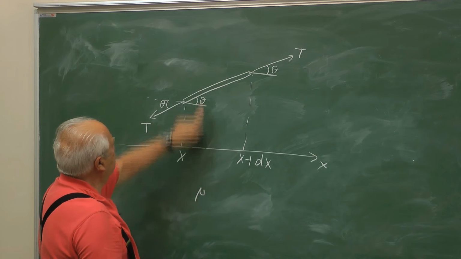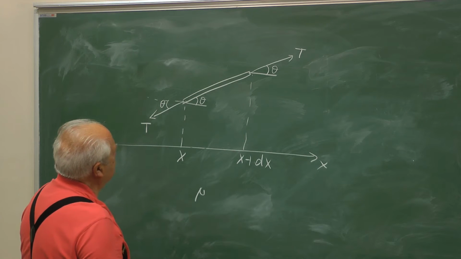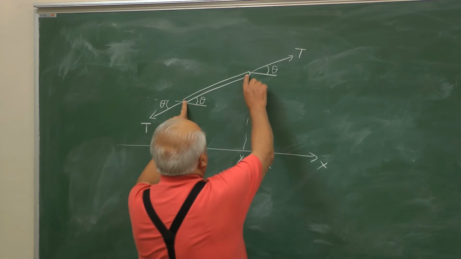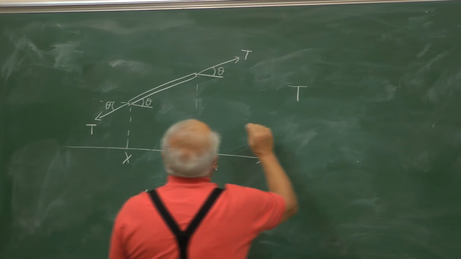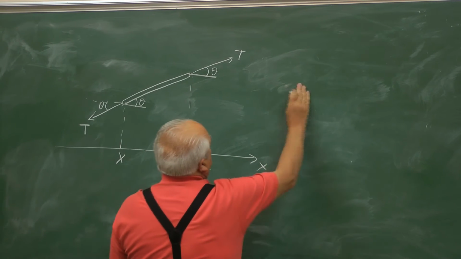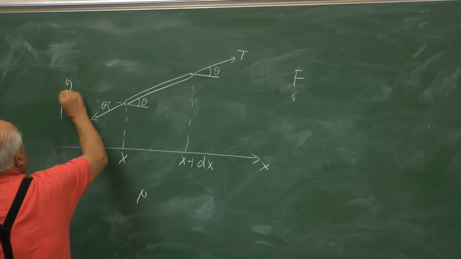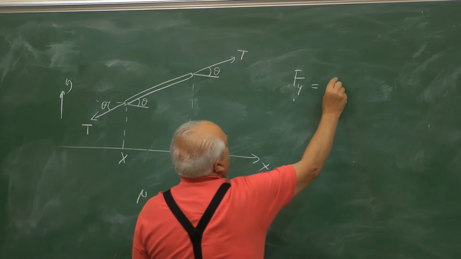So every point here is oscillating or moving like this. So the equation of motion for this piece is: net force, if this is the y direction, net force in the y direction is